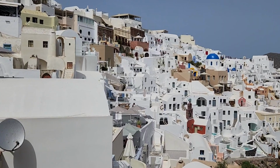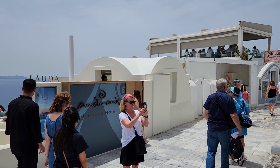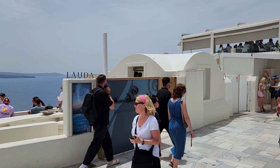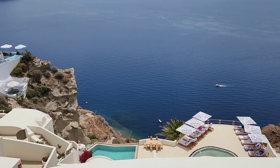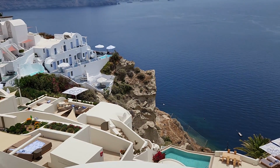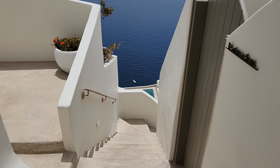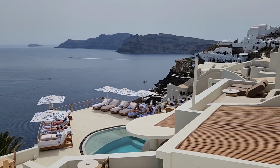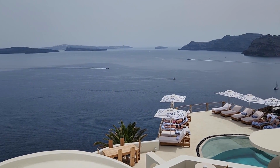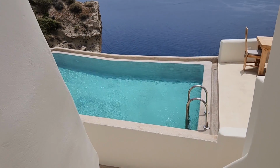Now we'll make our way over to one of Ia's cliffside eateries. It's called Lauda Restaurant and has a 3 Michelin-starred French chef named Emmanuel Renaud. We entered atop the luxurious Andronis Boutique Hotel, which has a stunning outlook, and then we made our way down the approximately 90 stairs. Partway down, we briefly stopped to admire the spectacular views before continuing further down the steps